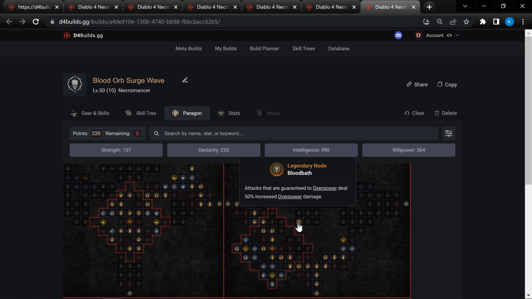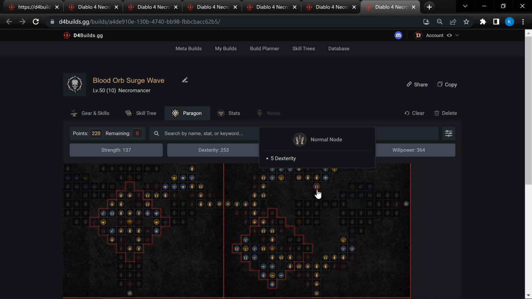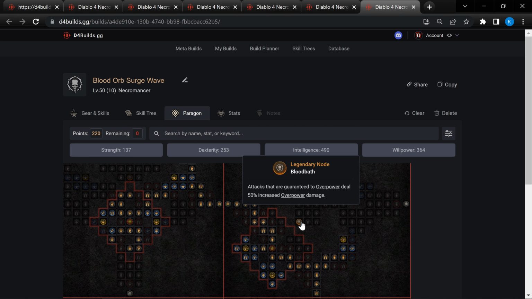Now I'm dropping Blood Buff here for this meaningless builds because the assumption is that this 50% overpower damage is additive and not multiplicative. If it turns out to be multiplicative, it will also be insanely good, which I highly doubt. It should be additive. So 50% isn't much, right? I mean, I've been getting like 28.8% from 5 willpower. So spending that many nodes to get 50%,